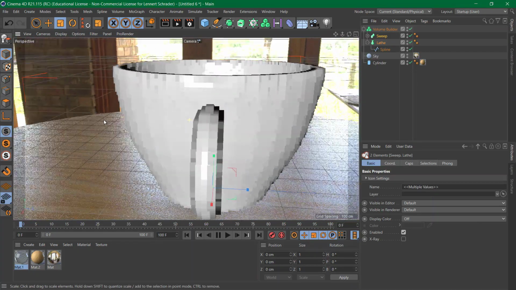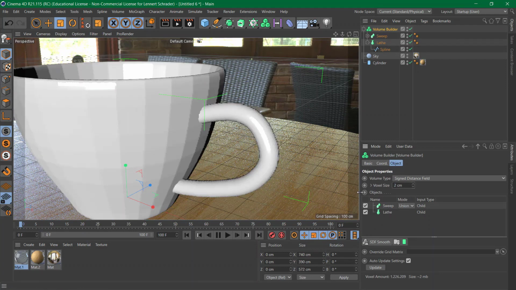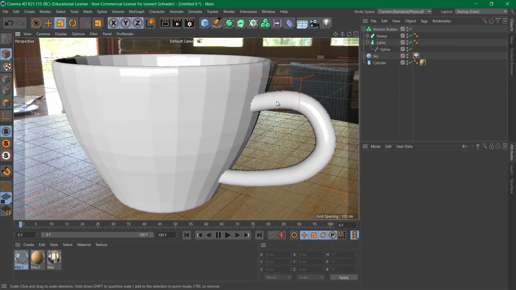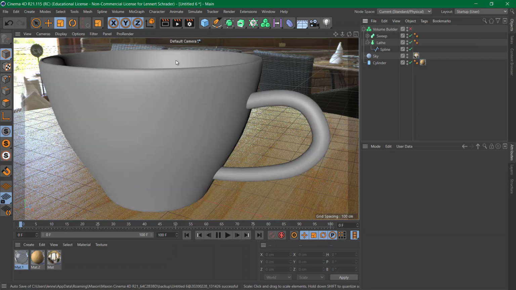Then I see, okay, something. Maybe I need a higher subdivision. So I go to the volume builder and I take a voxel size of 2. And then I realize, so that looks like crap. What do I have to do? The voxels? No, the voxels are fine now. I don't need more voxels. No, you use SDF smooth. Later. Subdivision surface. Later. No. My issue is, oh God, now I'm dizzy. My issue is,